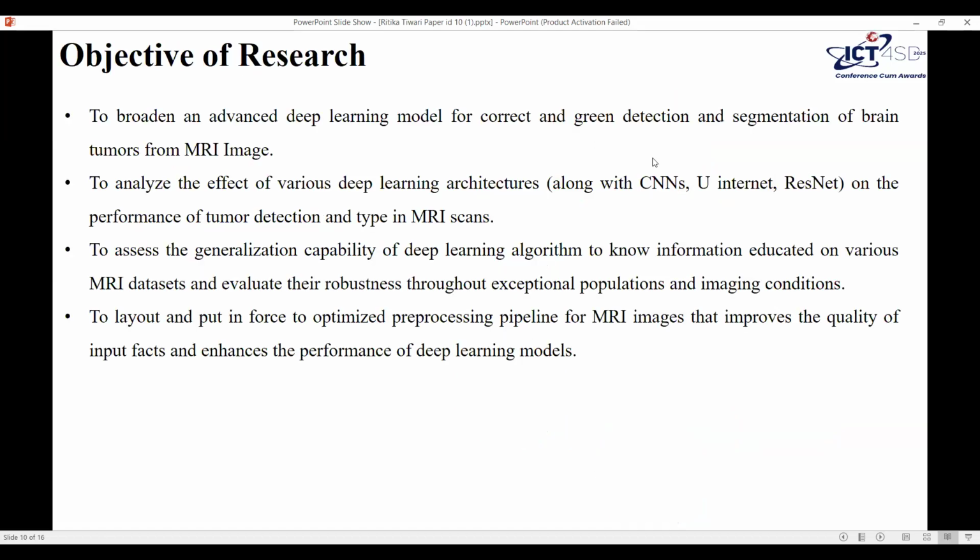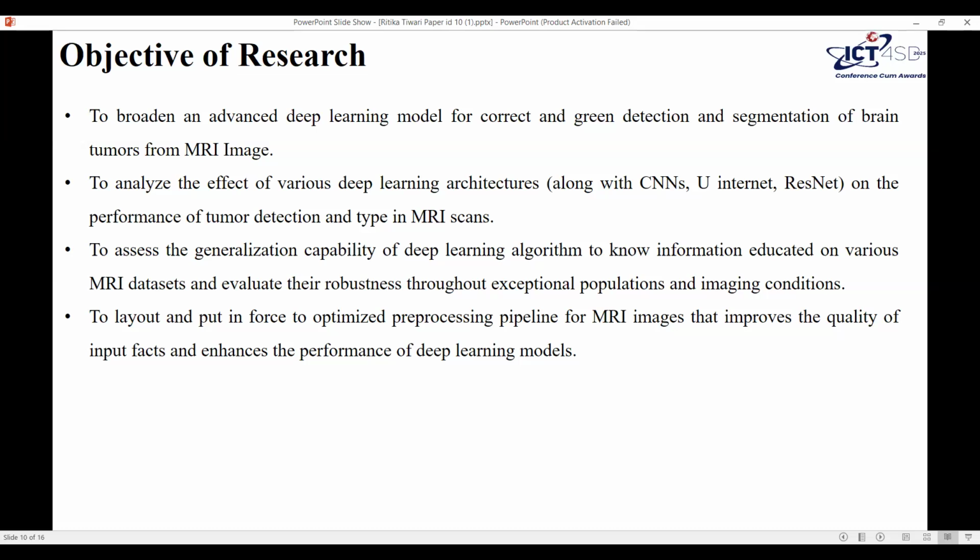The objective of this study is firstly to develop and advance a deep learning model for accurate and efficient detection and segmentation of tumors from MRI images; to analyze the effect of various deep learning architectures, along with CNN, U-Net, on the performance of tumor detection and type in MRI scans; to assess the generalization capability of deep learning algorithms